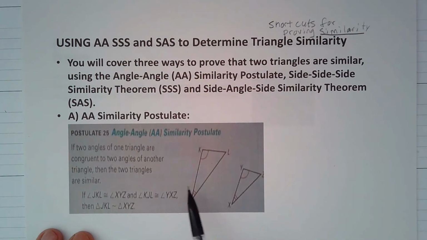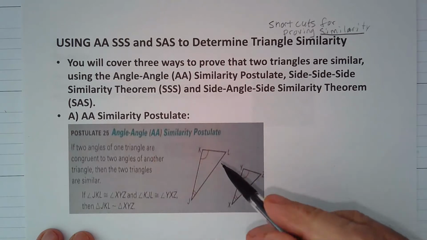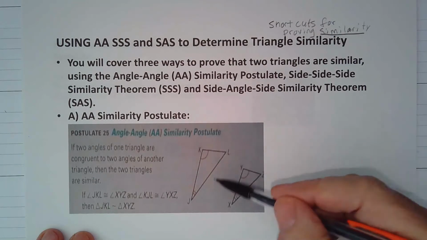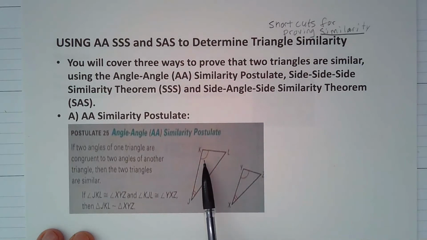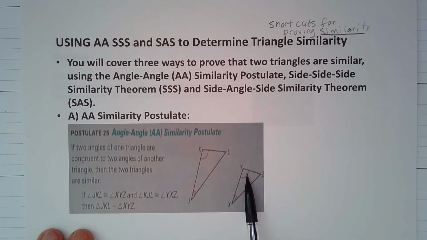So here's the similarity postulate. If two angles of one triangle are congruent to two angles of another triangle, then the two triangles are similar. So here we have angle JKL, and it's congruent to angle XYZ, and then we also have angle KJL, congruent to angle YXZ. So we've got two sets of each, and therefore that makes these two similar, even though the size of these